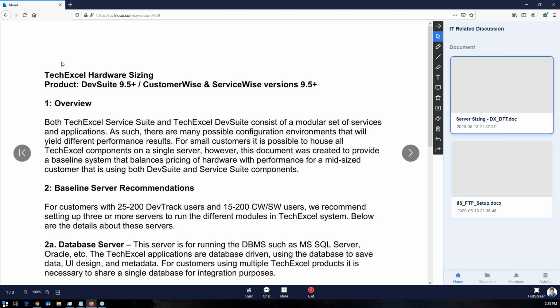We started doing integrations with other systems, and we used Project One, Dev Suite, service-wise and customer-wise as a starting point. In the near future, we're going to be doing a webinar as well on the cloud integration with service-wise and customer-wise. So we got big plans there, because what this is going to bring to the table is